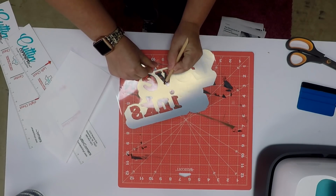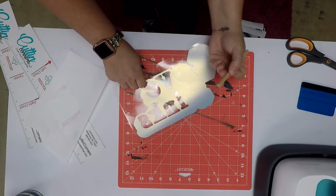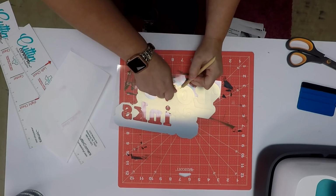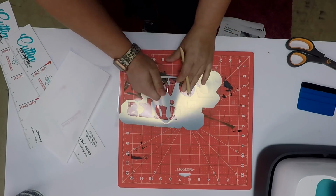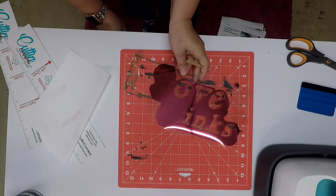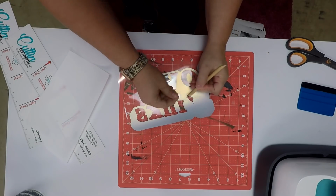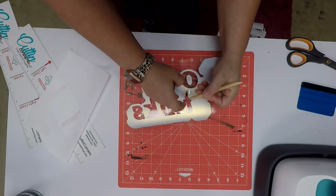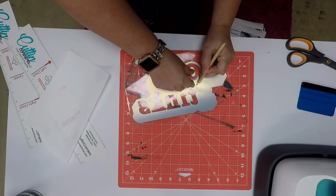Because if you didn't want to make this design 2 color, you could easily make this 1. As you can see, with it going on a black sweatshirt, which is what we're going to be putting it on, you can see that that would look cute with just black showing through. And we're using the DecoFilm Soft Metallic in pink and the DecoFilm Soft Metallic in white. So now